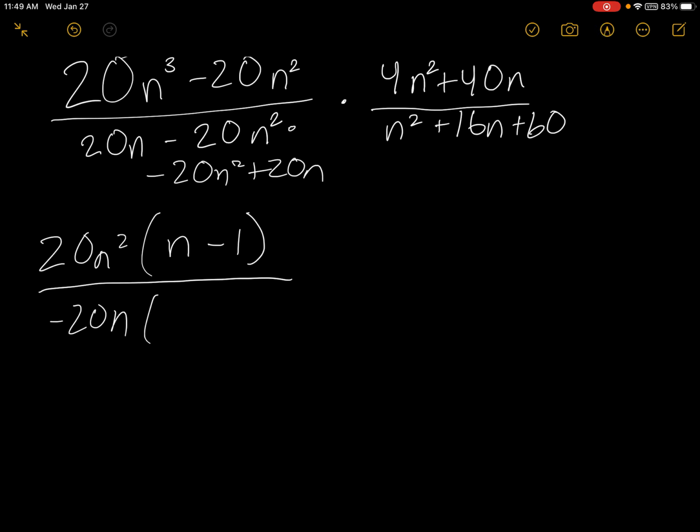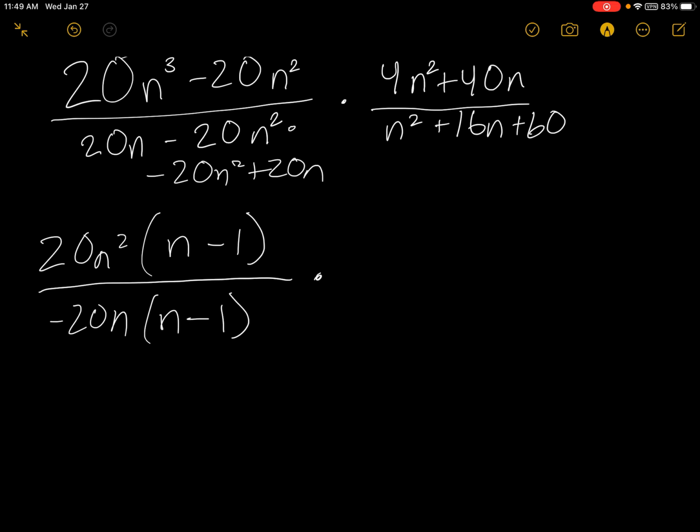n variable to be positive, right? We don't want to have negative n inside of the parentheses. So when I factor out negative 20n, negative 20n squared divided by negative 20n leaves me with just positive n. And then 20n divided by negative 20n leaves me with negative 1. All right,